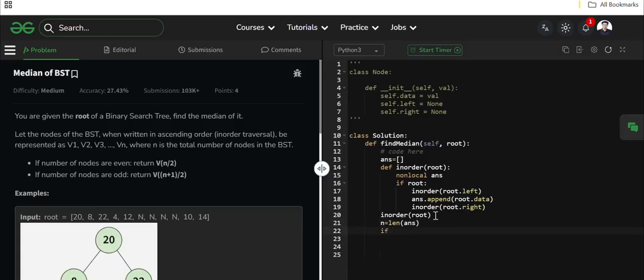If the number of elements inside the binary tree is odd, our first condition, n mod 2 not equal to 0, then we are supposed to return the (n plus 1) by 2 element. In Python indexing starts from 0, so we need to